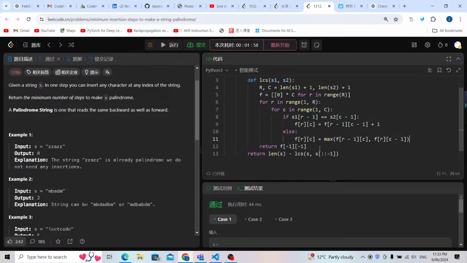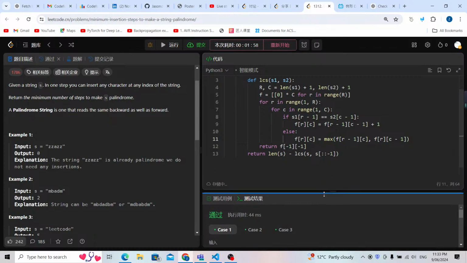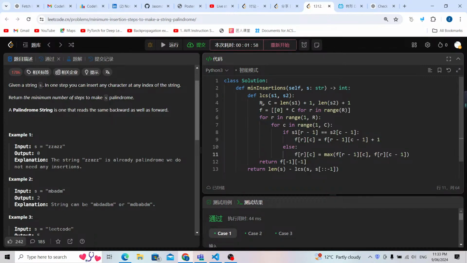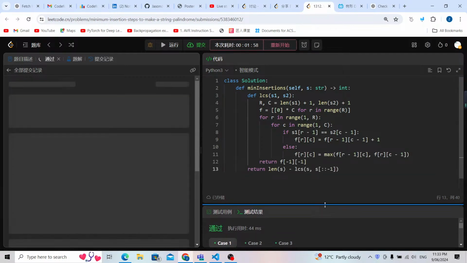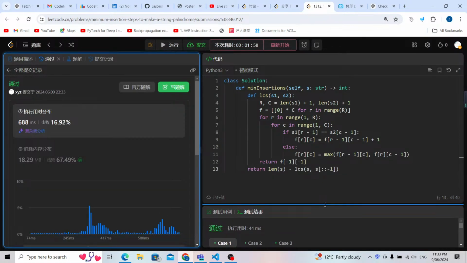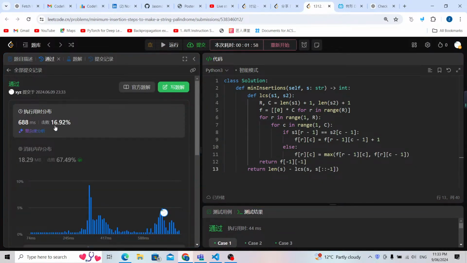Yeah. There may be different ways to write the longest common subsequence, but I prefer to write it like that. I always prepare a padding, and then I'm going to prepare the DP array, and I'm going to start from index 1, and I'm going to have an if-else and get to the final result. Now let me just submit it to tag if it works. Now as you can see it works, but it is not so fast